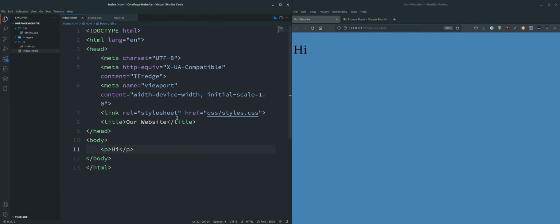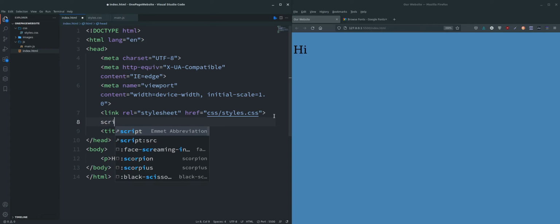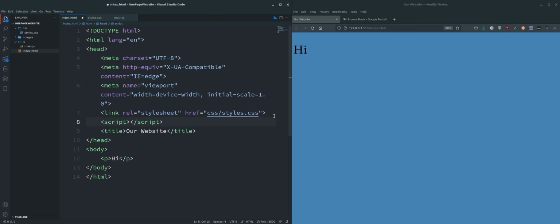Another thing we need to link is the JavaScript. So let's go underneath where we've added that. We don't link this in the same way. We have to use the script tag, script and tab, and in here we need to give it a source by using src equals, and again we created a JavaScript folder /